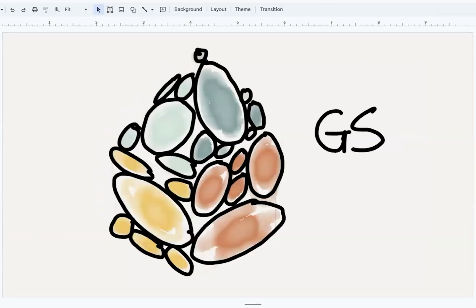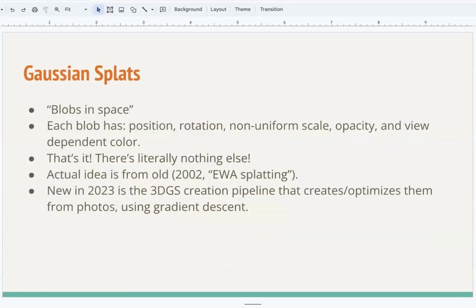And then we have Gaussian Splats, which is an artistic depiction, programmer art, trying to draw some ellipses on screen. And a Gaussian Splat is basically blobs in space. It's basically just that.